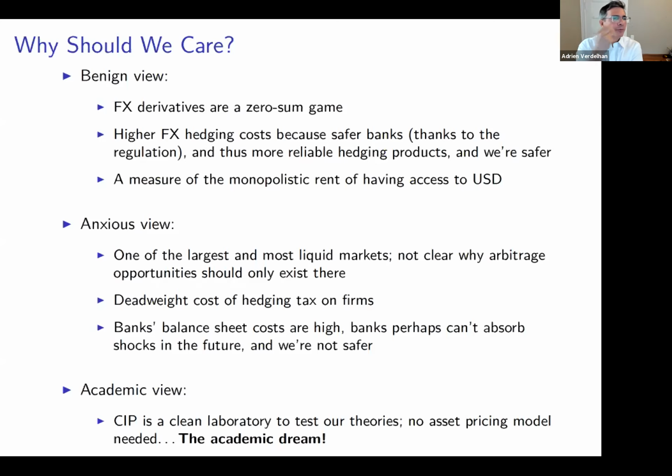There's another view on why we don't care. It's the idea that maybe the cost of hedging, the cost of every forward contract, has gone up, but it's because now you have a better contract. Before, banks were selling those contracts, but you were not sure they were not going bankrupt. Think about Lehman. But now you know they're not going bankrupt, so this is a better product, and that's why you should pay more. Okay, these are good arguments, possible.